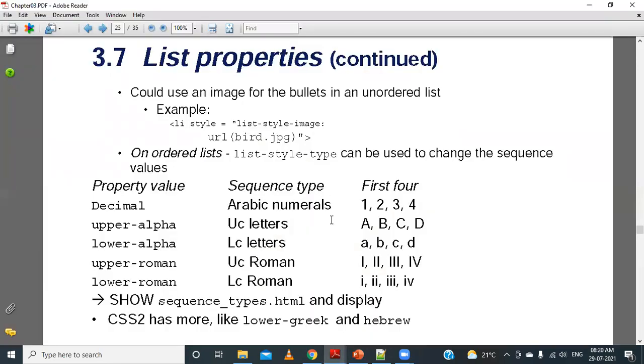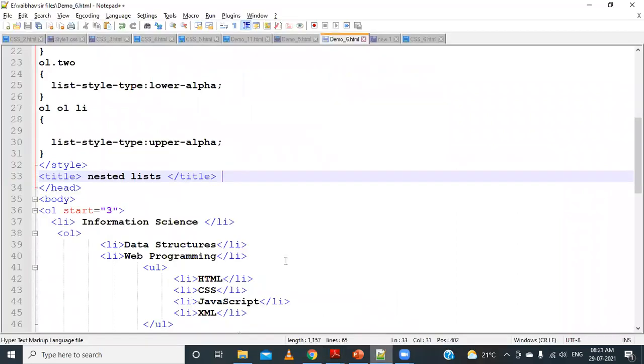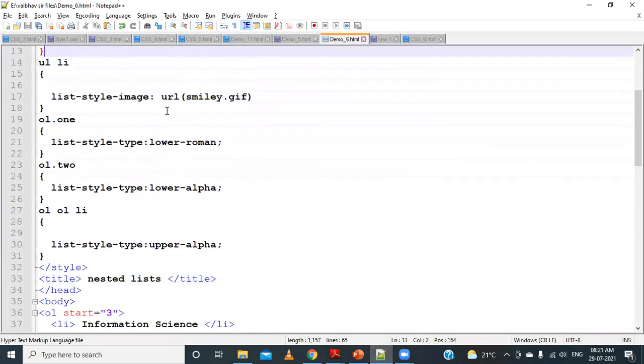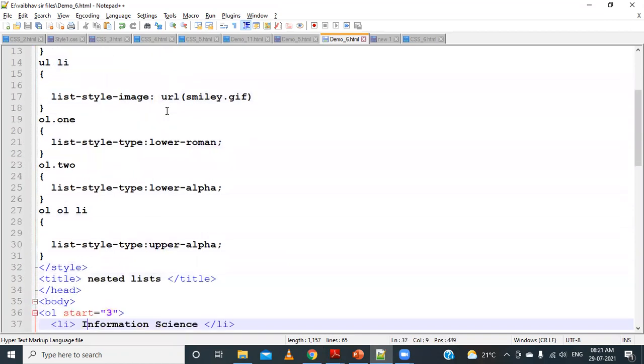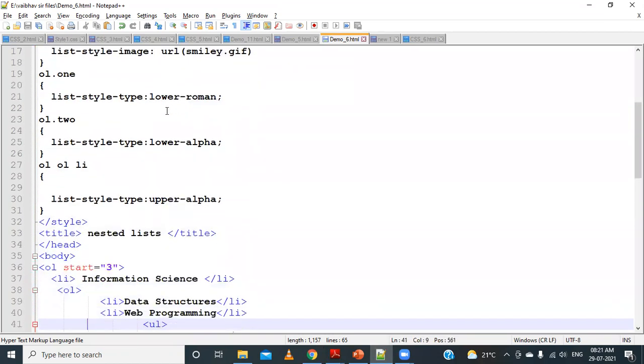And also you can specify this particular table, because for the ordered list we have a number of property values. Apart from this, we can have decimal leading zero and so on. So upper Greek and lower Greek, all of this we can apply. We have to specify this table and take one example like this, where you can apply all this. Either you can use class level CSS to demonstrate, or you can use inline level CSS, but you have to explain all this with an example. So a 5 to 8 marks question can be asked; it is a very important topic.